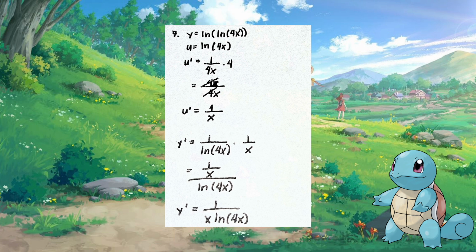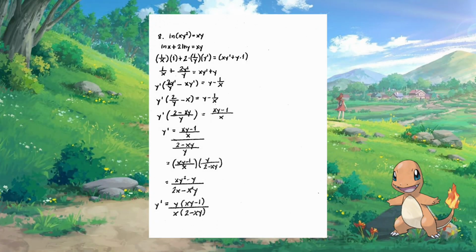This will be equal to 1 over x over the natural logarithm of 4x, and when we simplify it, we can bring down the x on the numerator and put it on the denominator since it is in the fraction form. So we'll have the final answer, y prime is equal to 1 over x times the natural logarithm of 4x. Moving on to the next number, number 8, we have the natural logarithm of xy squared is equal to xy,